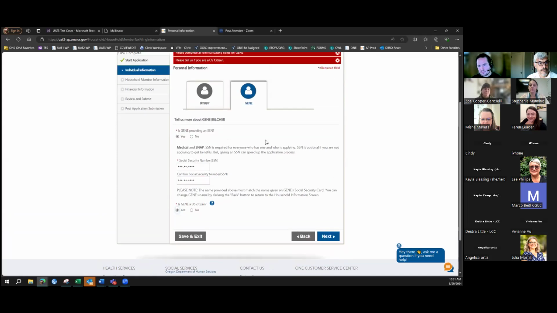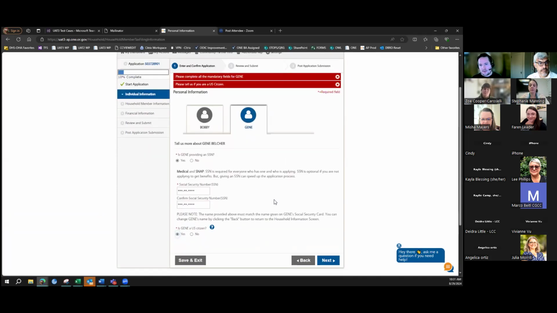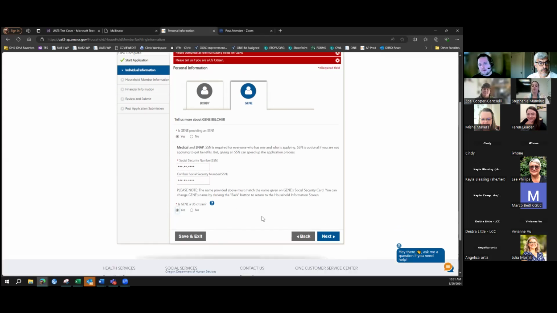So I know that can be something that people aren't comfortable with sharing sometimes. And here in this application flow on the application portal, it's really just going to ask if they are a citizen or if they're not a citizen. And the worker on the worker portal side will then, if needed, review additional documents to determine if the person's immigration status would make them eligible for benefits.